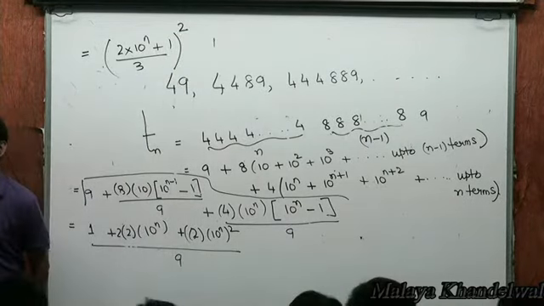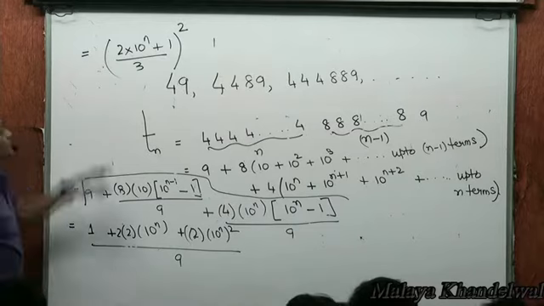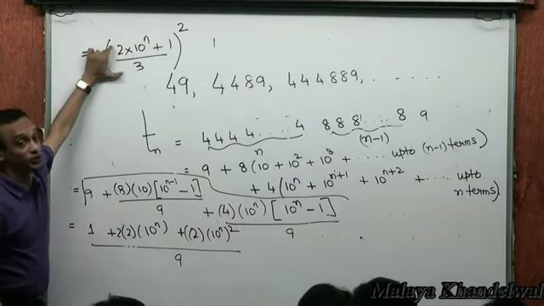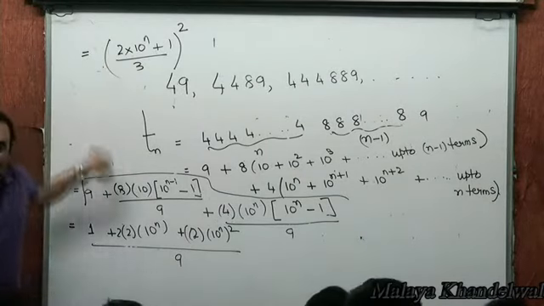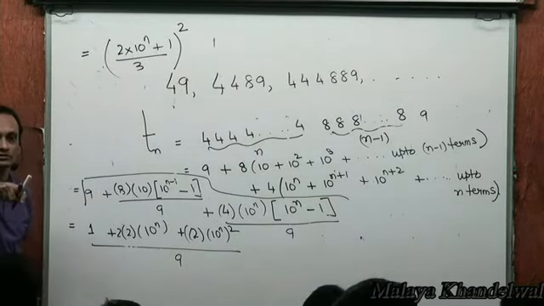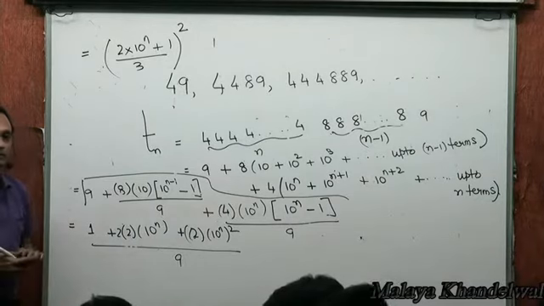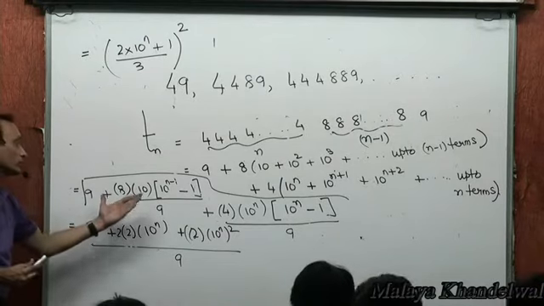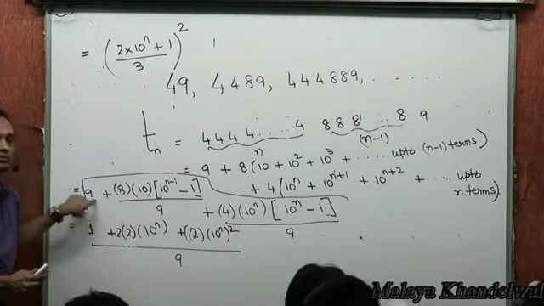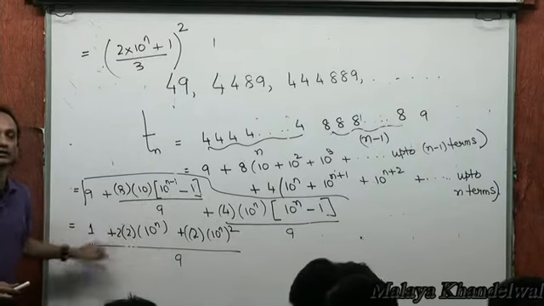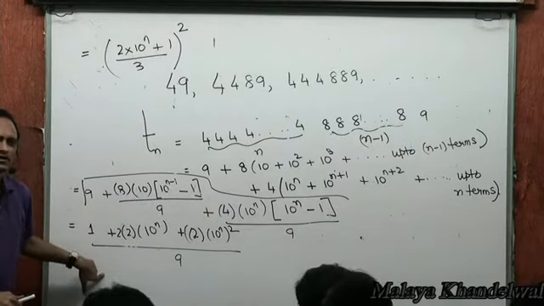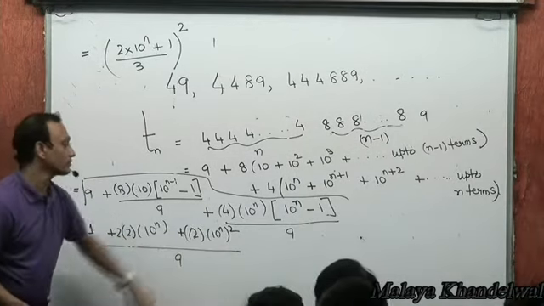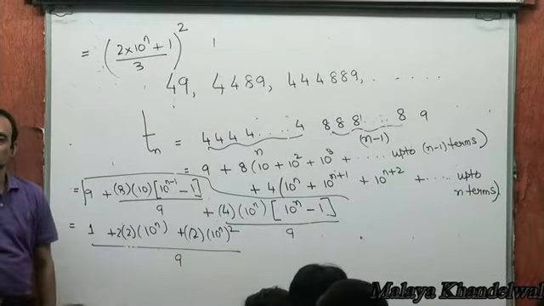But not yet done. Our job is still left, because this is a fraction. I need to show that this has to be an integer, square of an integer. So do you all understand whatever I've done here? You're lost, Ayush. Tell me where. A square plus B square plus 2AB. Oh, before that only. From here to here, take the LCM and do it yourself. This 2 into 10 to power n whole squared. Right?